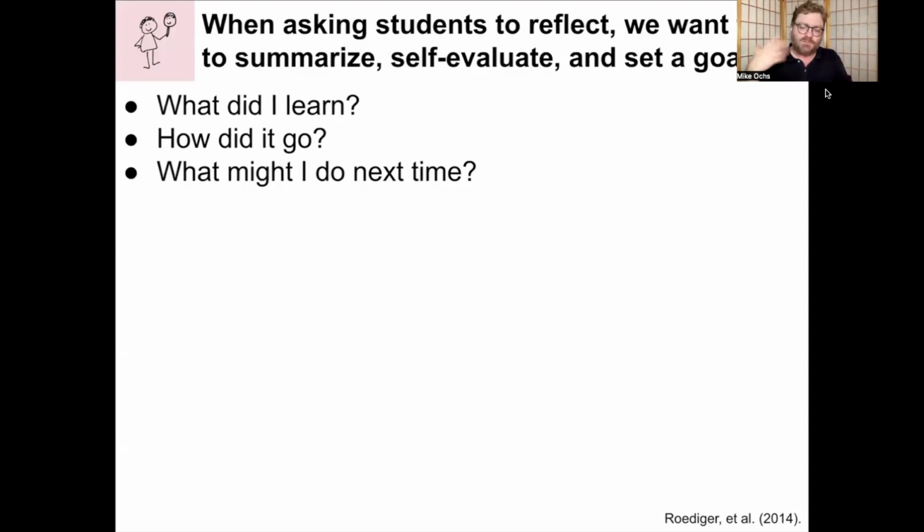And the next one is reflection. That seems to make sense, but here's the key to reflection. You want to get students to ask themselves 3 questions. Number 1, a summary question. Number 2, a self-evaluation question. And number 3,